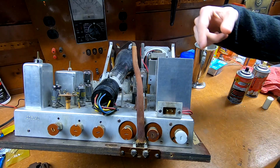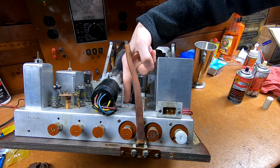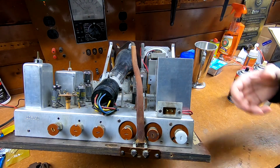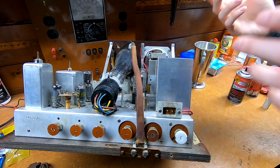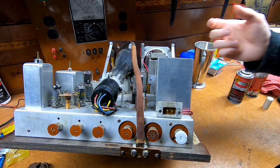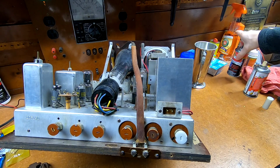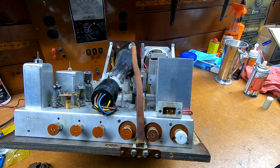Which is curious because the horizontal size and linearity controls are right here on the top of the chassis. I'm assuming, look, how I'm going to do it is put the cabinet on, leave the screws out, check to make sure it fits, and lift it up, adjust it, put it back on, and then back and forth and back and forth. So I'm going to put that on there, plug it in on the isolation transformer, and we'll see what we get. As far as a signal source,